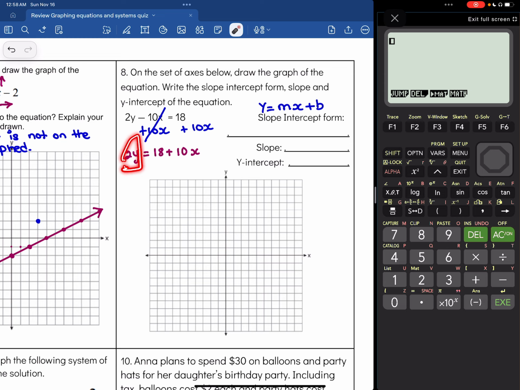Now I have 2y. I need to get the y by itself. To do that, I'm going to divide both sides of the equation by 2. We know that this is 2 times y, and the opposite of multiplication is division. So I'm dividing both sides by 2. The 2's will cancel out, and we are left with y is equal to